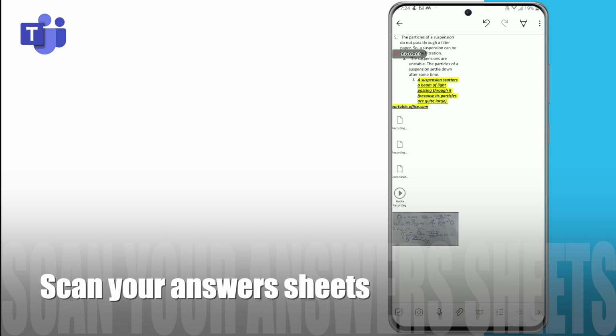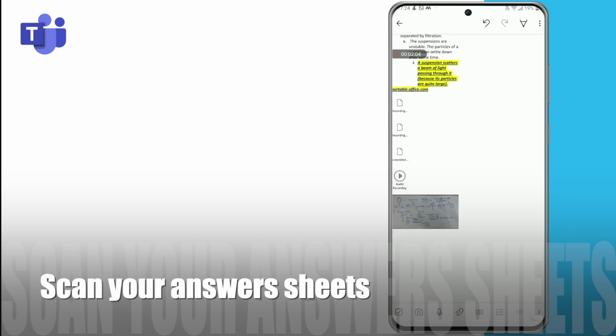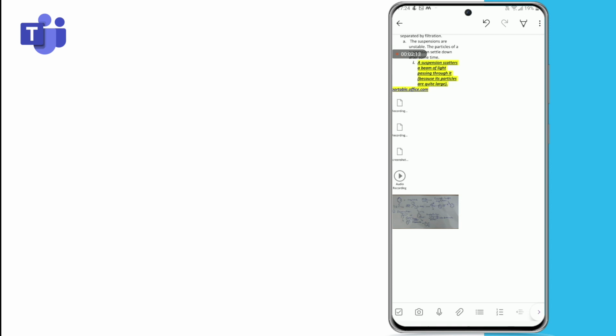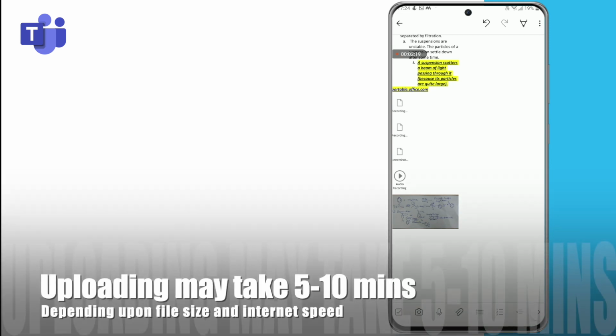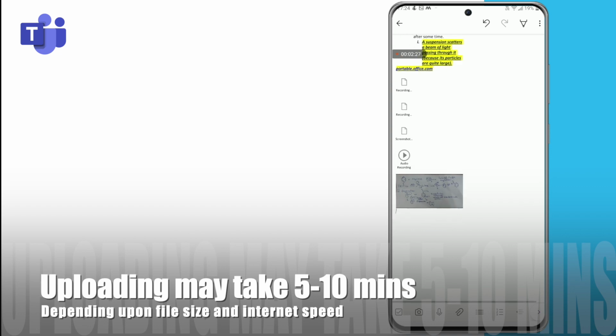If your teacher shares any class test by class notebook, you can follow the same method. Click on this camera icon, scan your notes and upload your file. The only thing you need to remember here is, if your file size is heavy, say for example 10 MB, then depending upon your upload speed, sometimes it takes around 5 to 10 minutes to upload. If your internet connection is really good, the moment you click the image, within 2 seconds your image will get uploaded, and that will be synced in your desktop application as well.